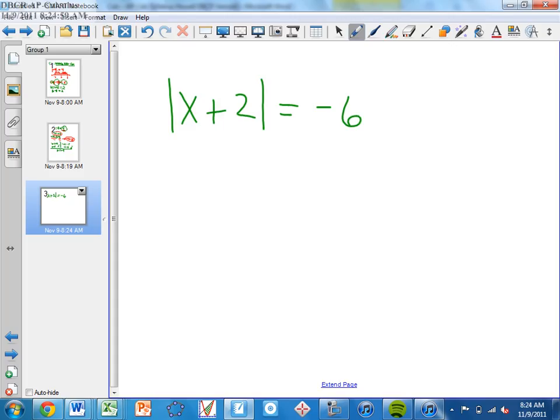Why isn't it going to work, guys? The absolute value of whatever this is will be what? And what does that say? So this equation cannot be solved. Again, try any number for x and take the absolute value. You will always get a positive number, right? Check any answer you want to try. Try 7, try 12, try 4, try negative 4, try 5. Whenever you take the absolute value, whatever you check, it's positive. But that says negative, so there's no answer here. Okay? So we could say no